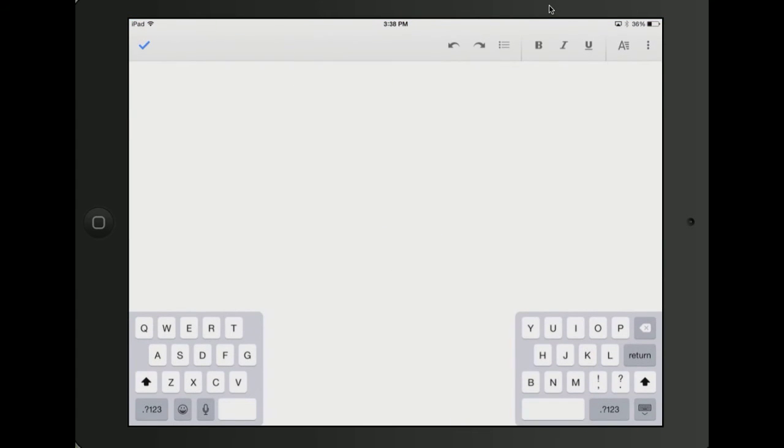Now I can go ahead and just start typing. I can type John and then Melissa, and then I can go ahead and type just some more names. It's pretty easy. If I want to underline somebody's name,